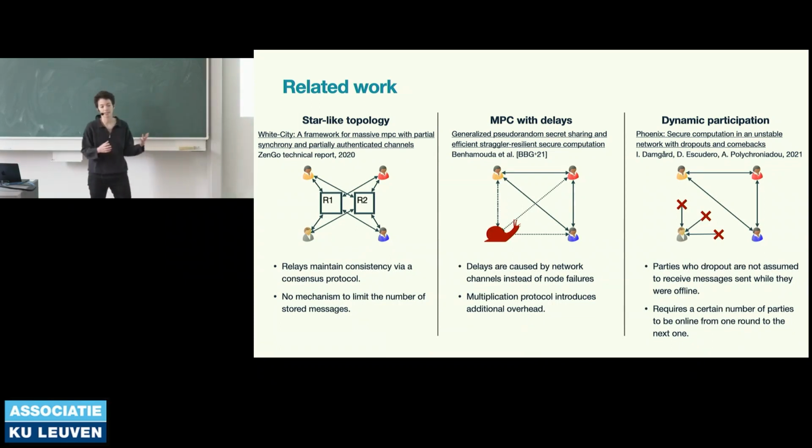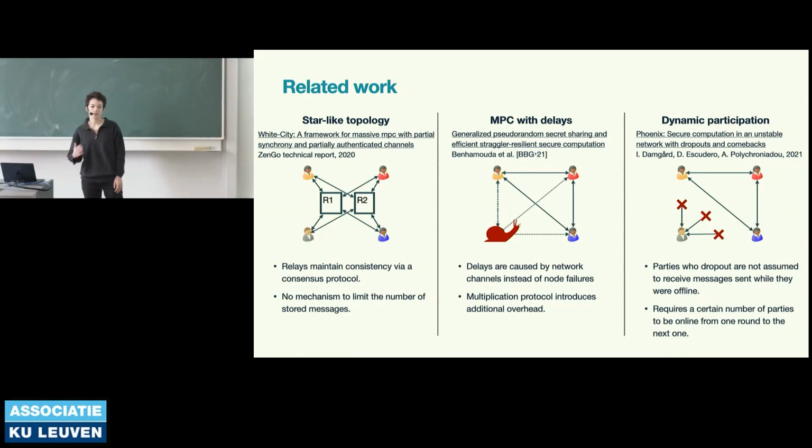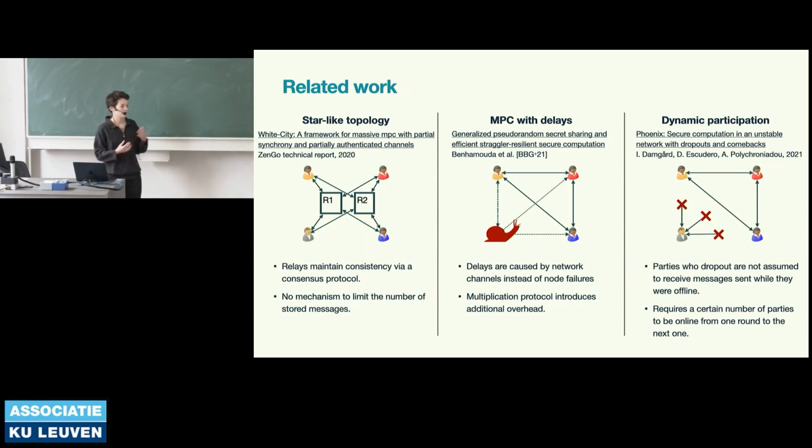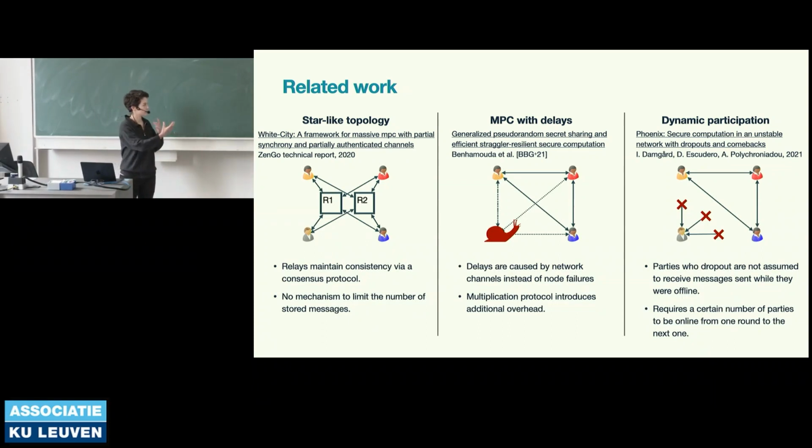But here, the parties that drop out are never assumed to recover the messages that were sent in the meantime. And the way they ensure that the protocol can keep going is by having a lower bound on the number of parties that stays online from one round to the other. And again, they do not consider relays. So now I will show you how we build our protocol, how we put together these relays and the delays